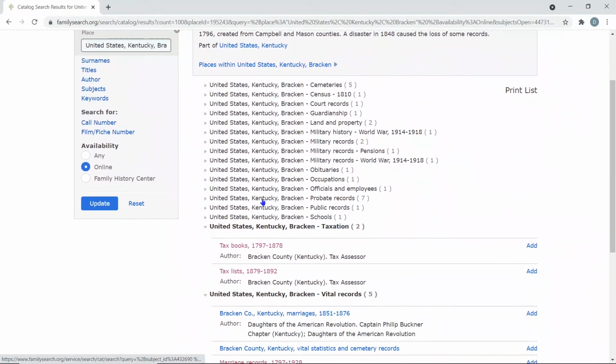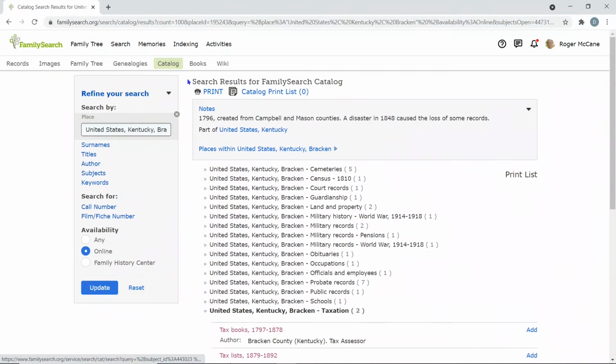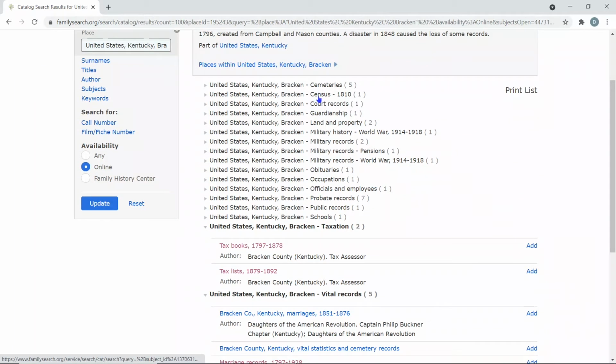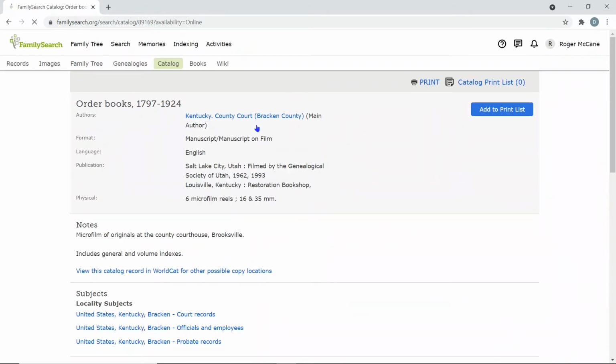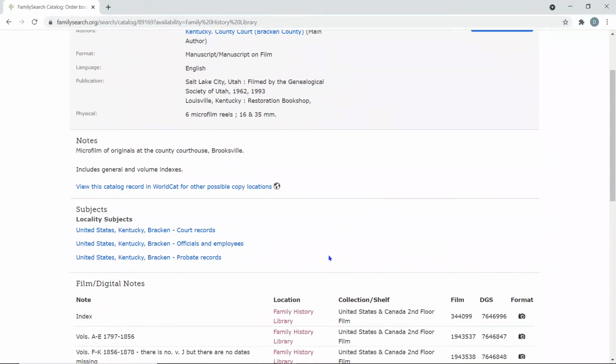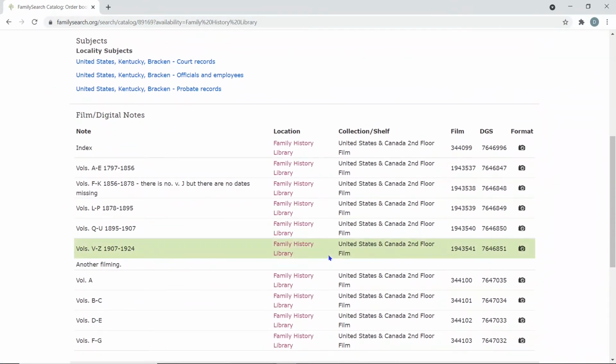There's also available here, and this is where you're getting into the catalog is important to you. When you're in the catalog in the county, you see what records they have available. Now there's the thing called court records, order books. Not every county has all their order books. Not every county or state sets up the way they do them. They may be called libraries, they may be called other names, folders. They've got different names. You've got to understand the county you're in, the state you're in, and see what records